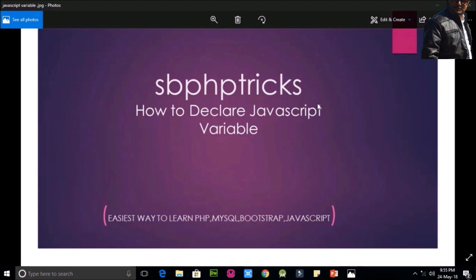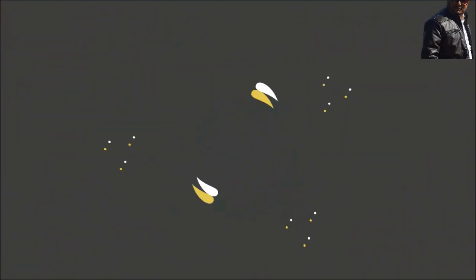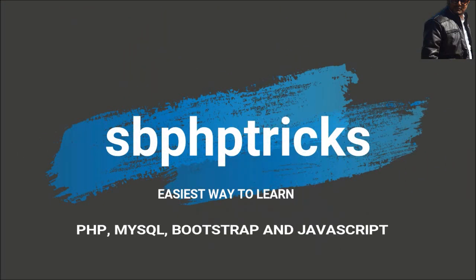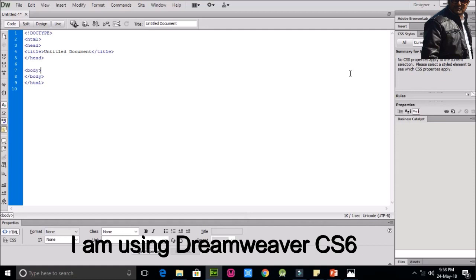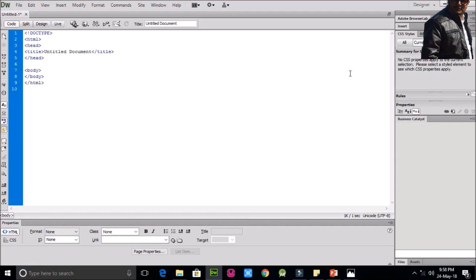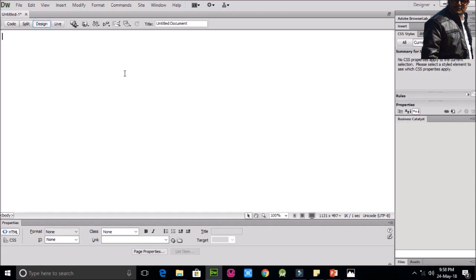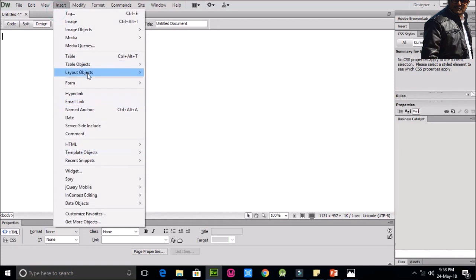Let's get started. For this coding, I will use Primavera CS6. You can use any text editor like Sublime editor or Notepad++. I will design one very simple form. So here I am